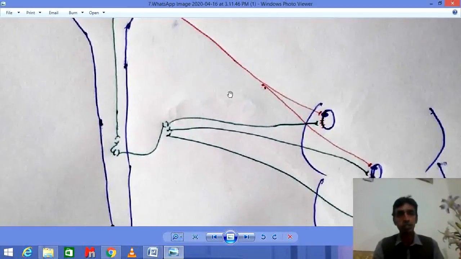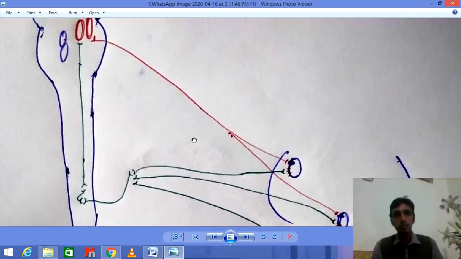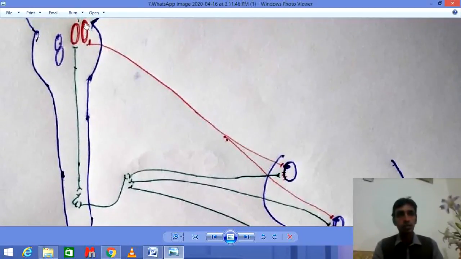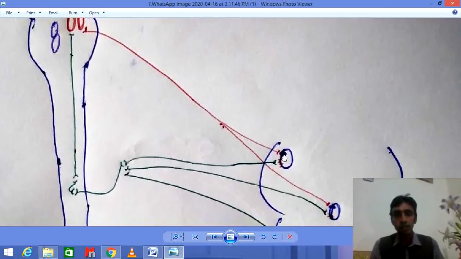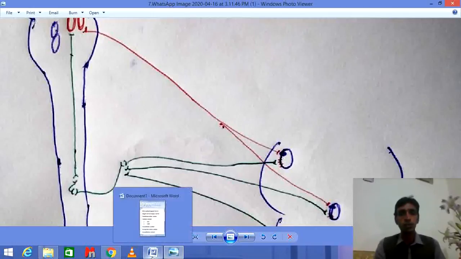Focus just on the red line, on the red representation. This one. The cardio-inhibitory center is activated, and this has transmitted the information toward the SA node and AV node. On the SA node, two types of receptors are there. On SA node, this cardio-inhibitory center will activate the M2 receptor. This is M2 receptor. This is also M2 receptor. After activation of the M2 receptor, the M2 receptor is responsible for